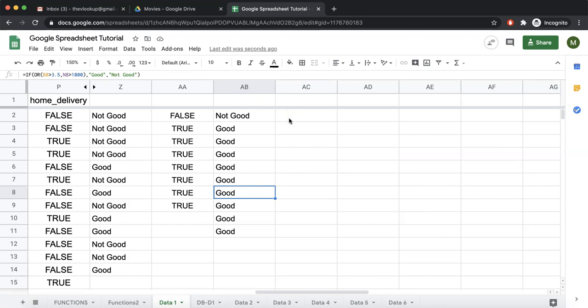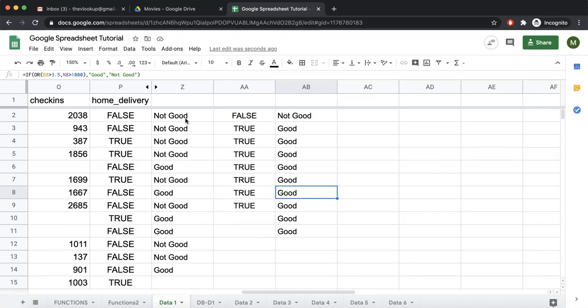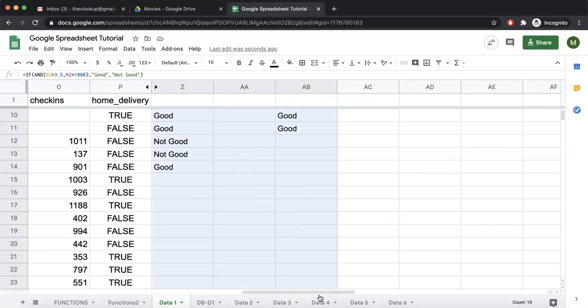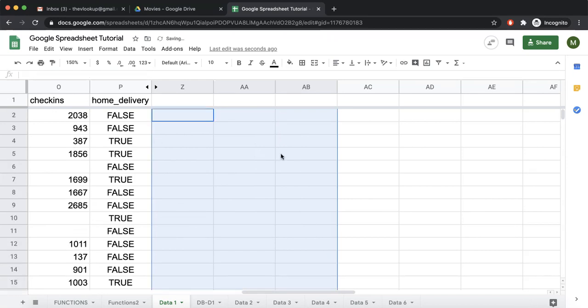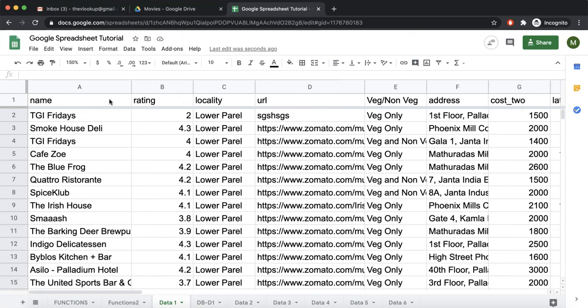What if, let us take an example from here, we will delete this, and we want a column where it says name dash this, name dash this.